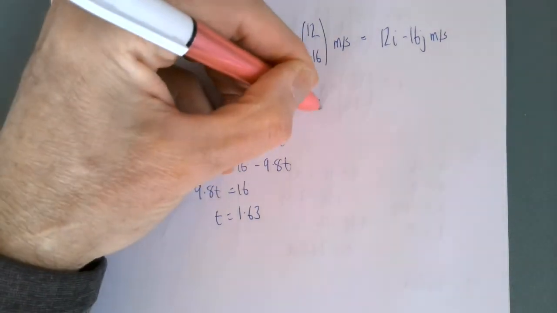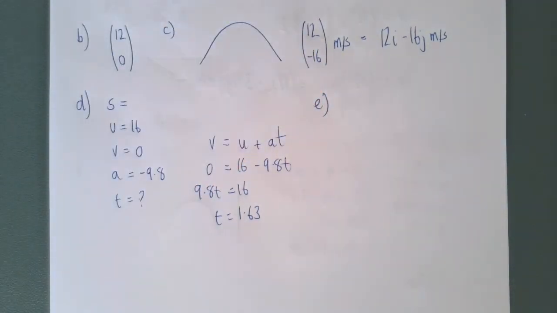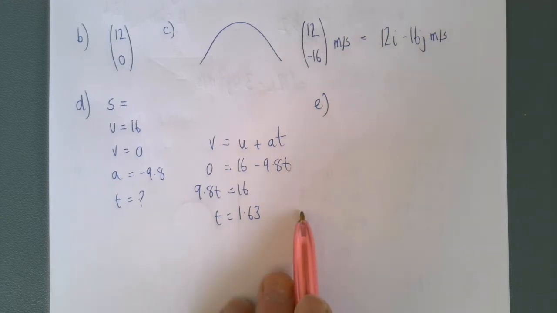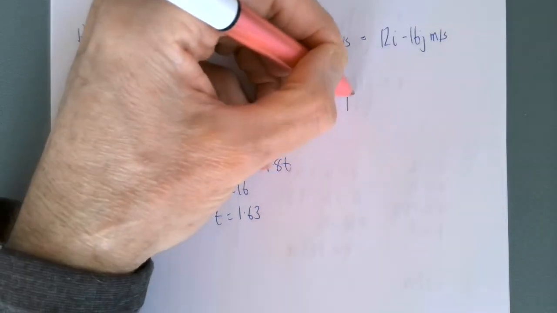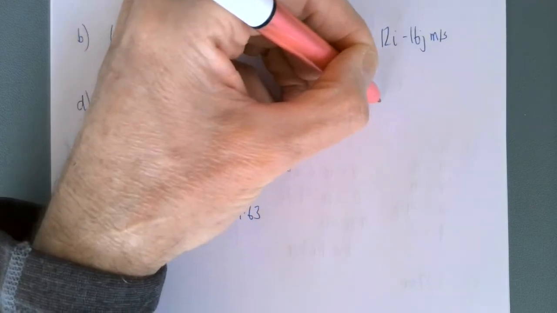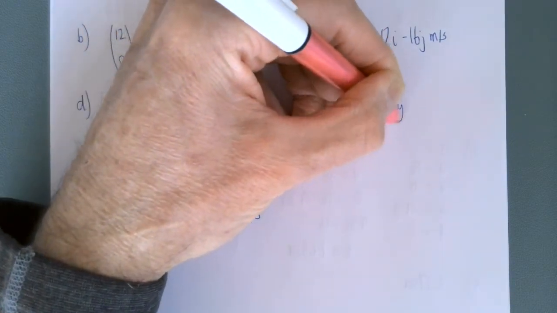Supplementary question, part B. Find the total length of the journey. Well, do you remember what I said about symmetry? So if that's the time it takes to get from the bottom to the top, then the total journey will be that doubled. And if you store the exact value for that, then double it, then you'll get